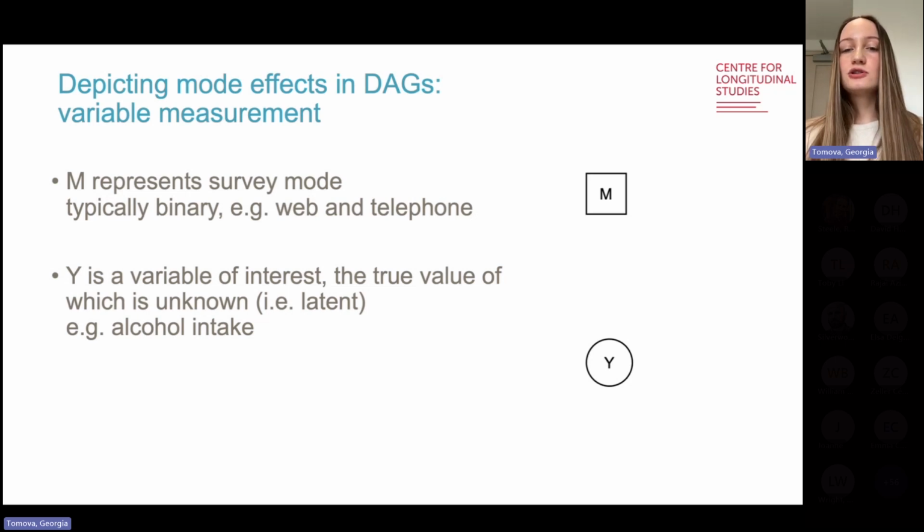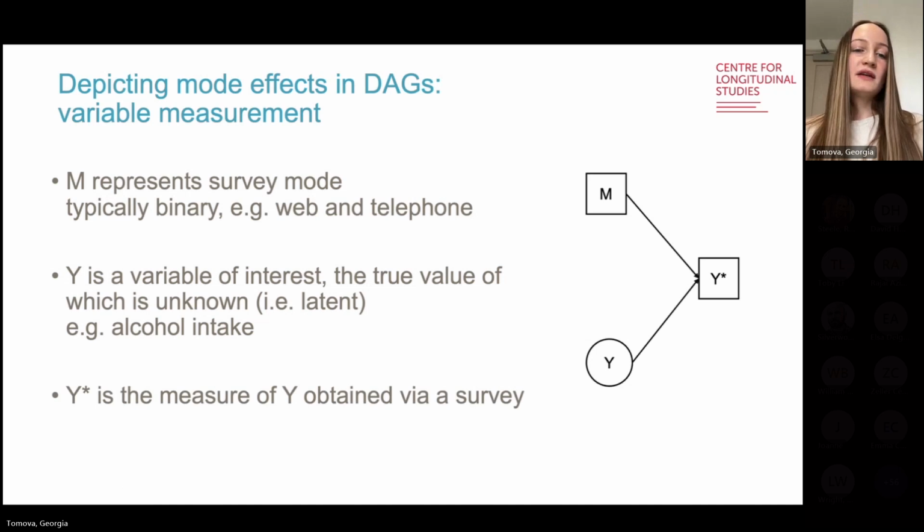And of course, we don't know the true value of the variable. We're only able to measure it to a certain extent. So we normally call this latent and depict it using a circle or ellipse to show that it's latent and we don't have a measure for it. And then, of course, we also have the measured version of this variable, the measured alcohol intake, which we call